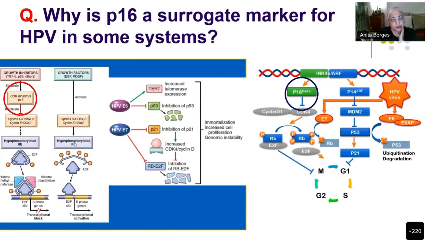Okay, P16 is an inhibitor of cyclin CDK4 and the other cyclins, which promote hyperphosphorylation of retinoblastoma protein. And if the retinoblastoma protein is hyperphosphorylated, then it releases this factor, which is known as E2F, and E2F then binds to its transcription site, and you get